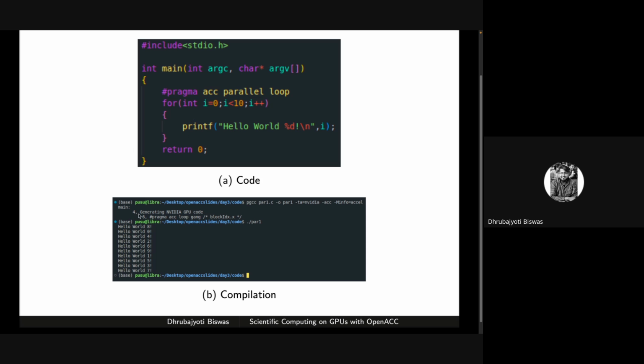Sometimes these line numbers vary depending on what spacing you have used, but more or less you can understand from this output if your loop has been parallelized. So you see it has written generating NVIDIA GPU code, and what Swarnim said is correct, that the order becomes jumbled up,